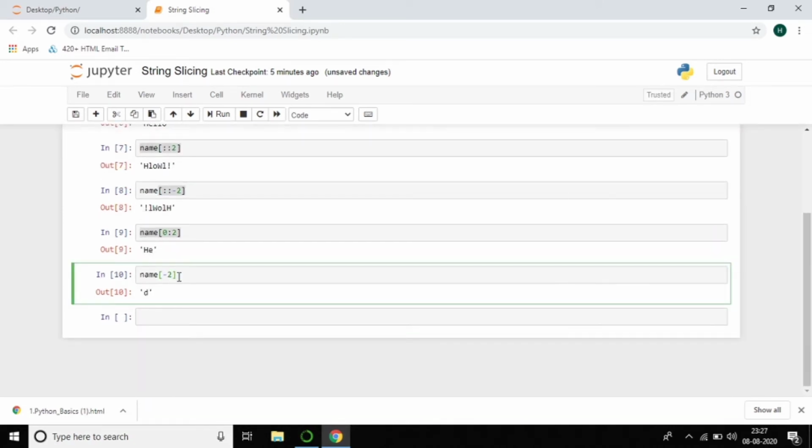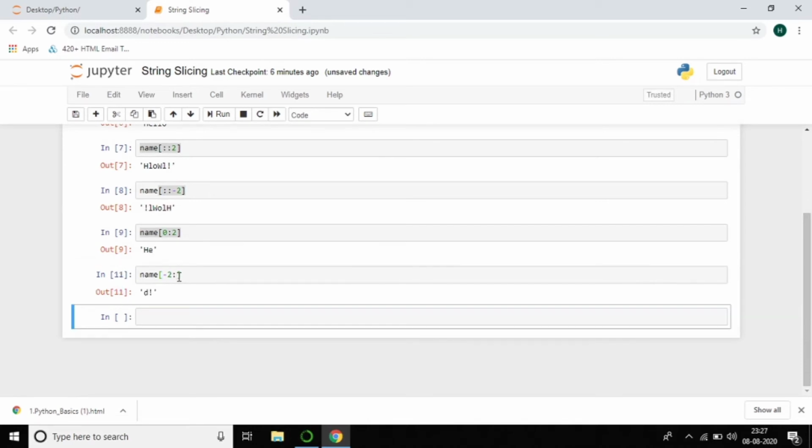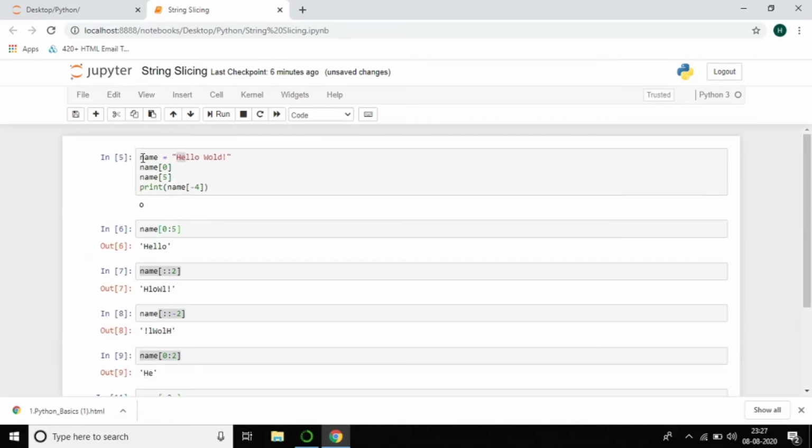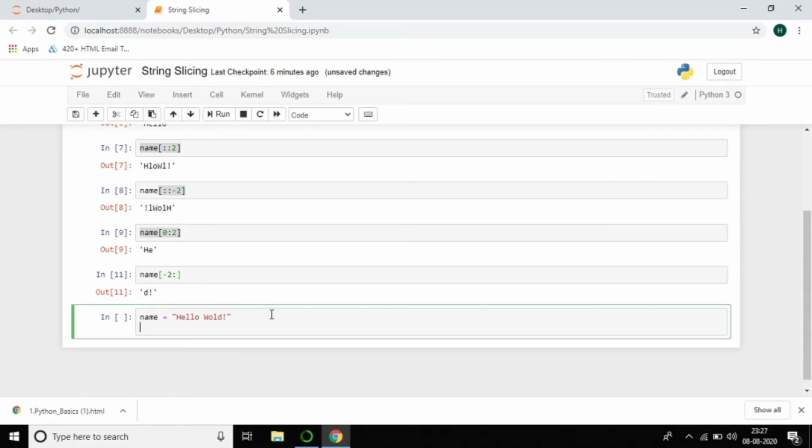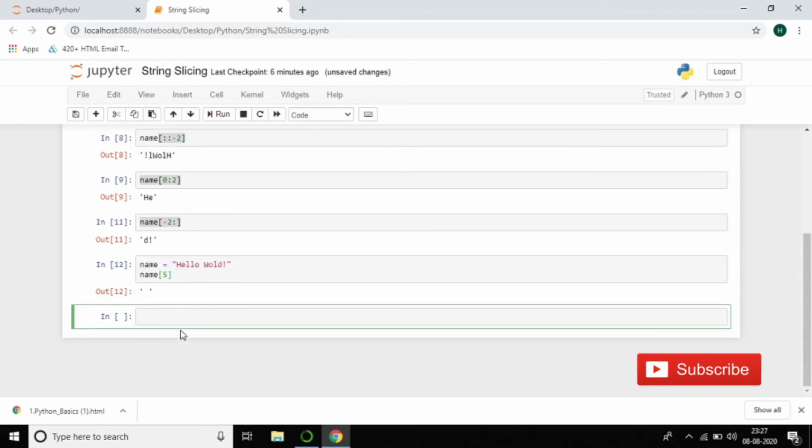So for that, we just need to give a colon, and you can see I'll get the last two letters. Now I want to copy and paste, because always going up is very difficult for me. And now if you want the fifth character, what do you do? If you want only the fifth character from this, just copy and paste it here. I want the fifth character, which is 0, 1, 2, 3, 4, 5, which is the space. So how to write that? You give 5 as the index. Of course, if you write it, you'll get the space.